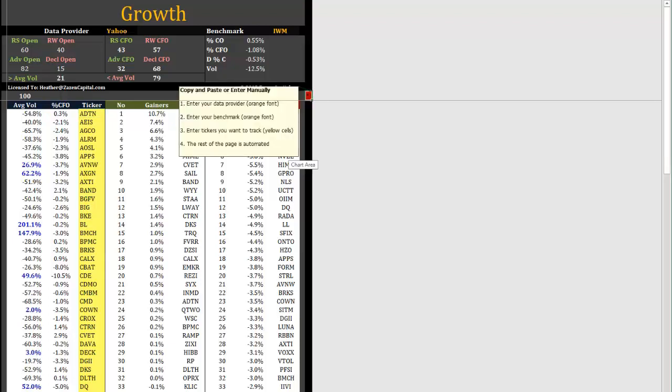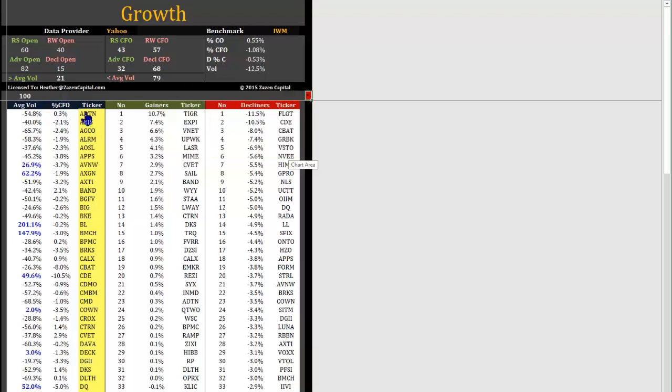I have a pop-up note that explains to you what's going on each individual page. This says you need to enter your data provider, that's the orange font, enter your benchmark, again orange font, enter the tickers you want to track, the highlighted yellow cells, and the rest of the page will automate. It's that simple. You can enter your tickers by hand, or you can copy and paste them from another Excel